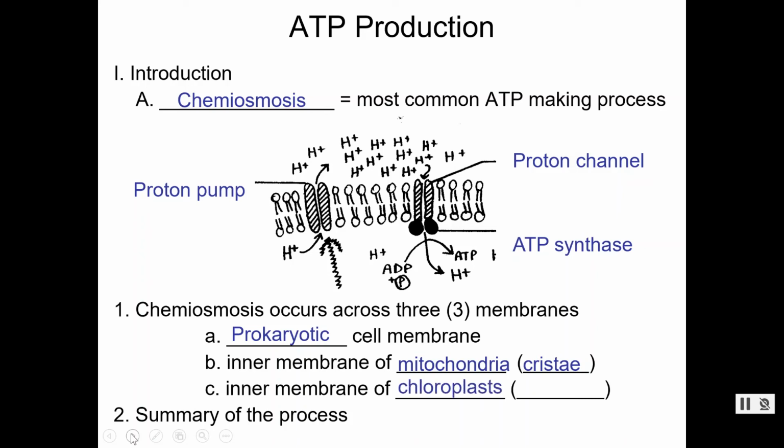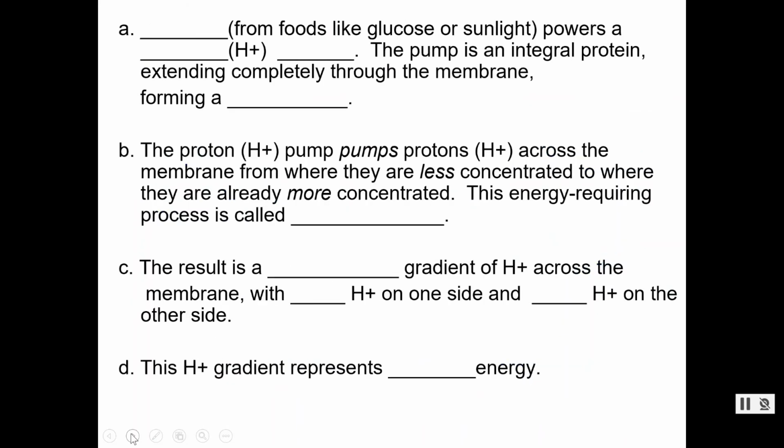So hopefully you've learned that in eukaryotic classes, other classes where you can put that down. It also makes ATP in chloroplasts. So that happens as well in the thylakoid, the inner membrane of that. So we are going to take the energy, and that energy is going to come from glucose. Remember, we're powering our workout. We're eating good foods. If we're a plant, it would come from sunlight. But that's going to power that proton pump, which is that integral protein, and it forms a passageway through the membrane. The proton pump pumps the protons across.